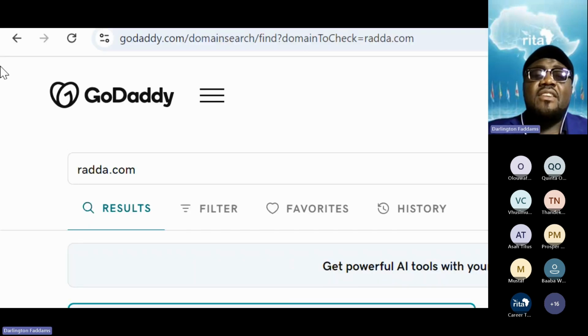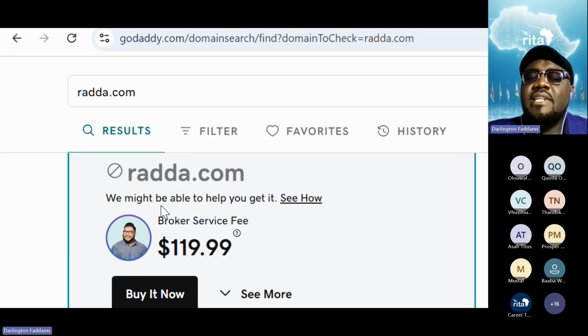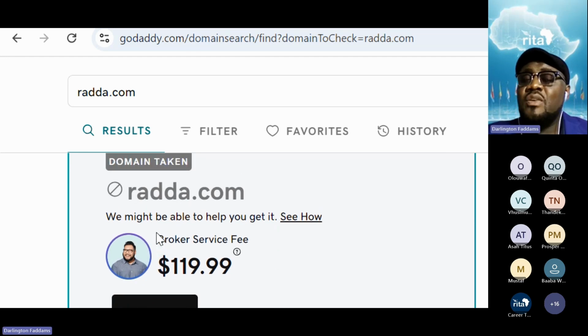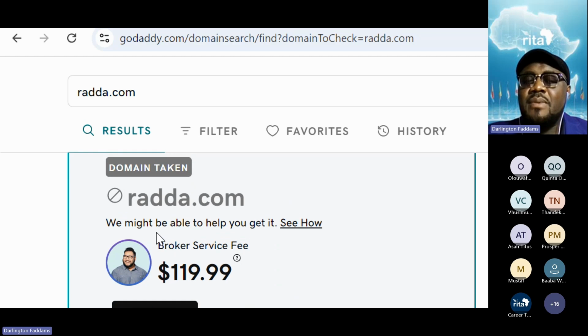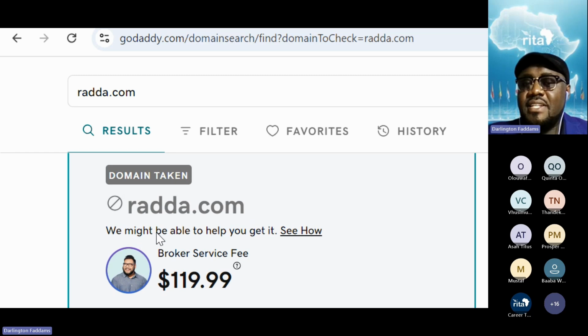When you try radar.com and GoDaddy tells you it is taken, GoDaddy can also tell you that now I'm getting into domain auction. Please type domain auction in the chat for me. Okay. I'm going to say something first. I'll talk about the broker service, then I'll talk about domain auction. Domain auction.